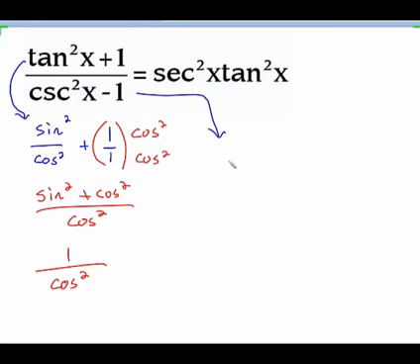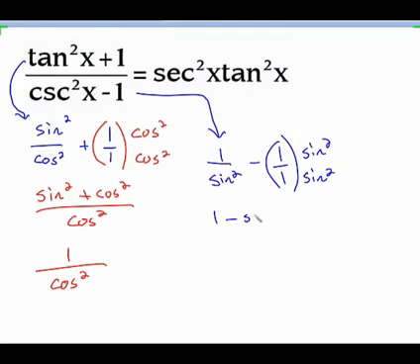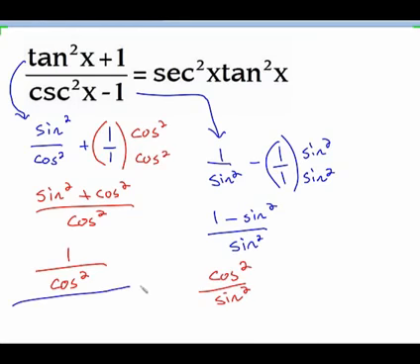So I have cosecant squared, so that's 1 over sine squared, right? Minus 1. So I'll get common denominator, multiply top and bottom by sine squared. So then that gives me 1 minus sine squared over sine squared. And 1 minus sine squared I know is cosine squared. So this is going to be cosine squared over sine squared. Right. So this is our denominator right here, right? Let me just write that over here. Cosine squared over